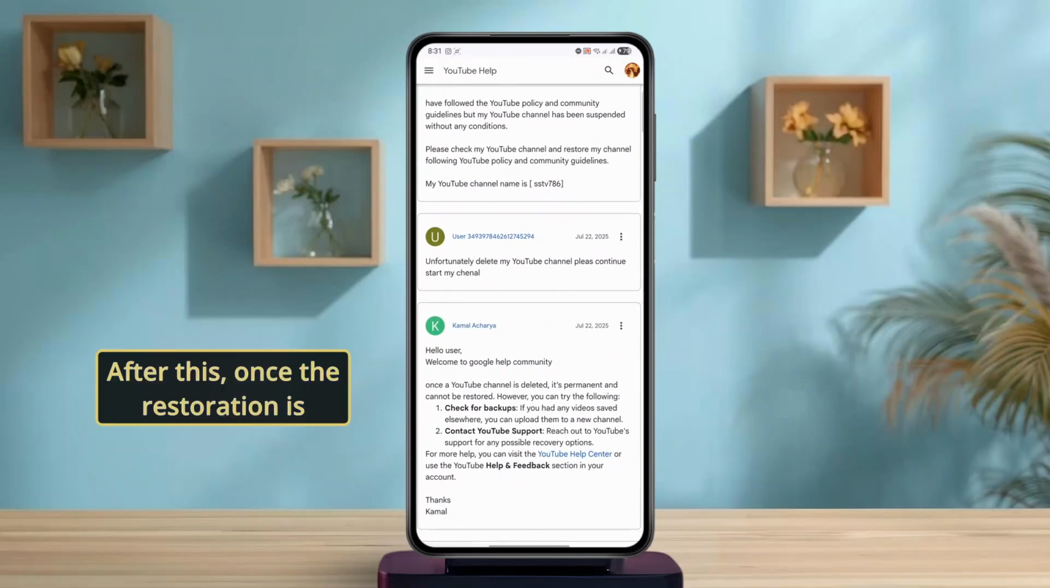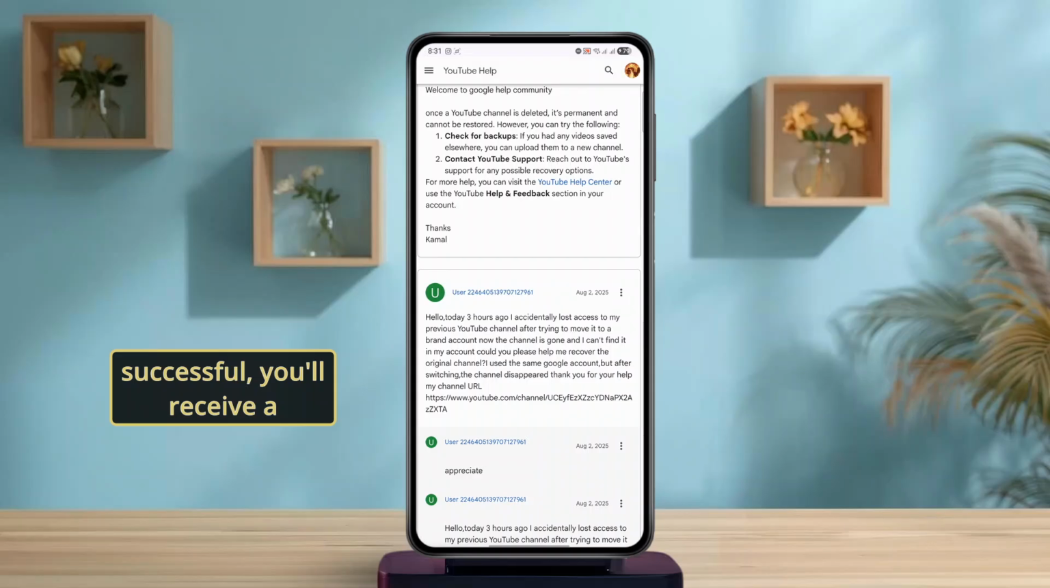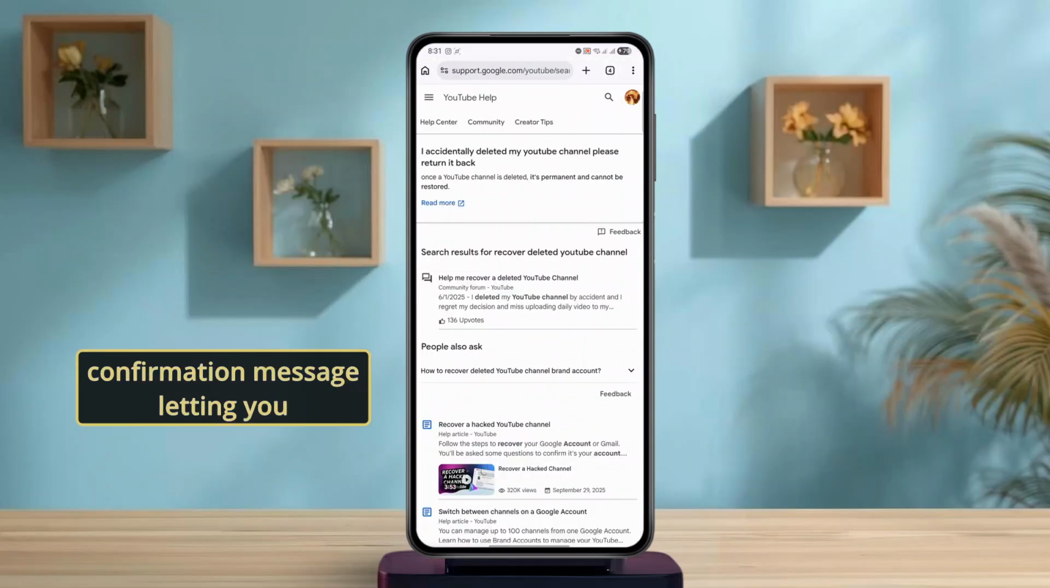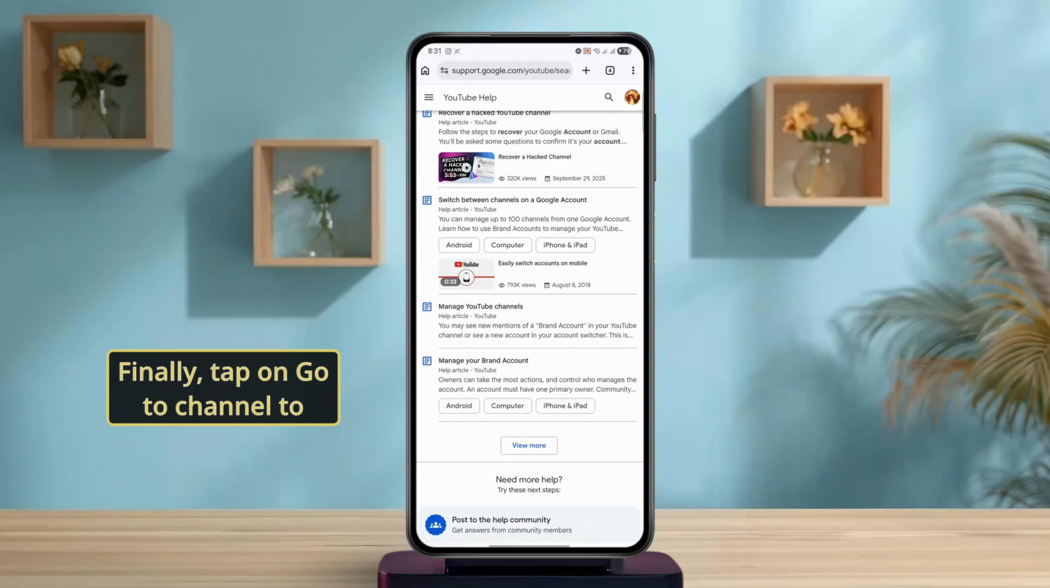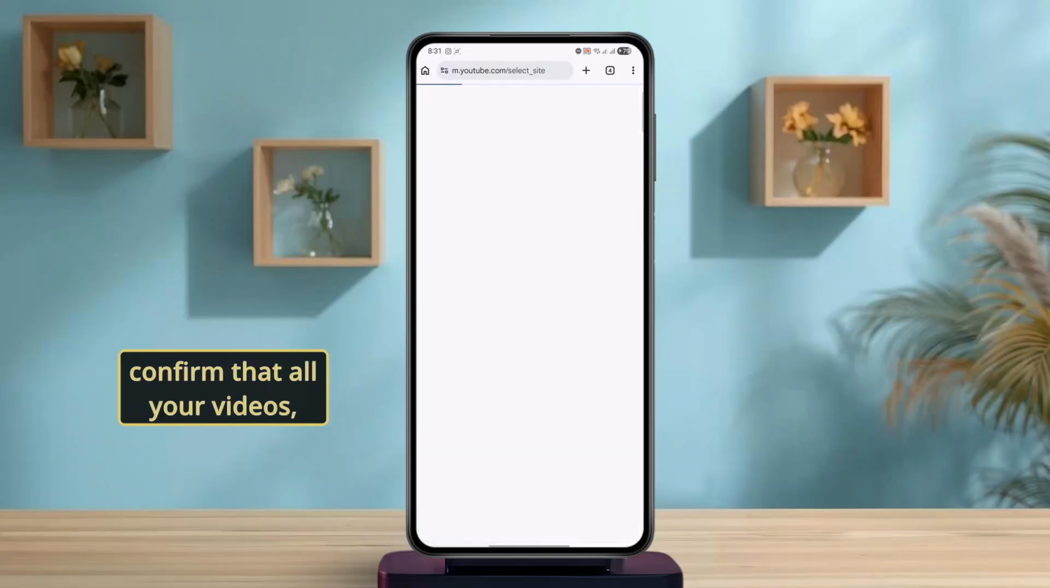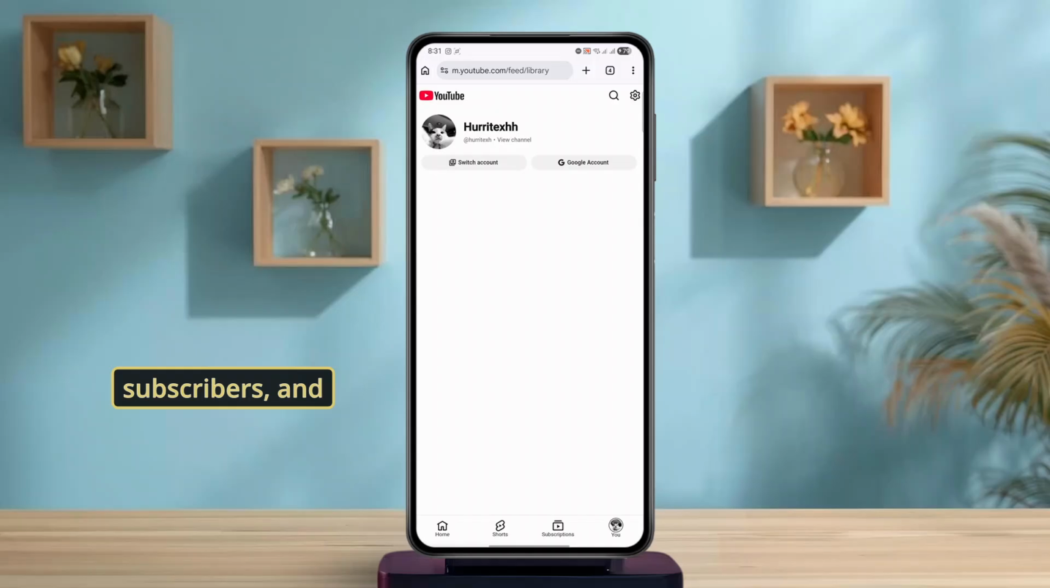After this, once the restoration is successful, you'll receive a confirmation message letting you know your channel is back. Finally, tap on Go to Channel to visit your restored channel and confirm that all your videos, subscribers, and settings